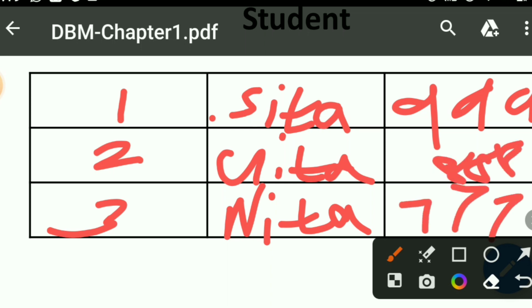So when we use a drop command, we can not only delete the data, but we can also delete the structure.